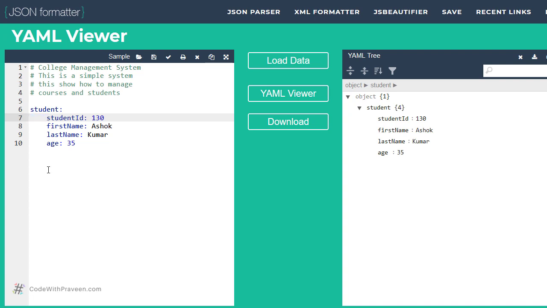Next, let's look at the recommended approach when it comes to indentation. How many spaces should you give? Is it 1, 2, or is there any maximum limit, or can you use tabs? So let's cover that next. When it comes to the recommended approach, generally 2 spaces are used. If you notice here, we have used 1, 2, 3, 4 spaces, which means that this specific tool, namely the YAML viewer, uses 4 spaces when you press the tab key.